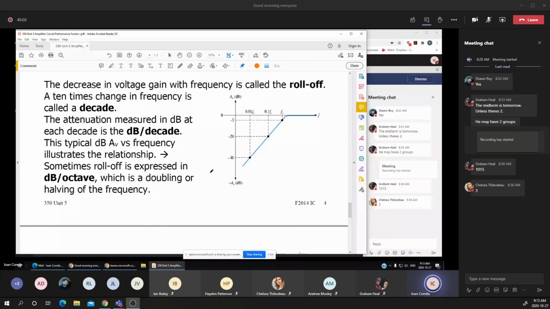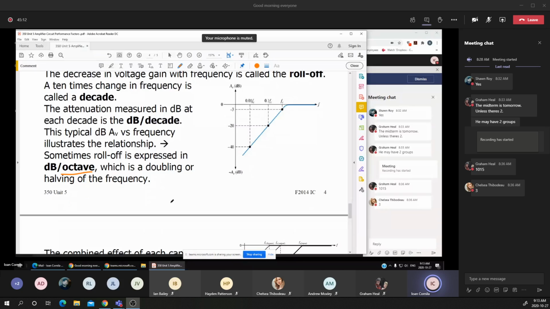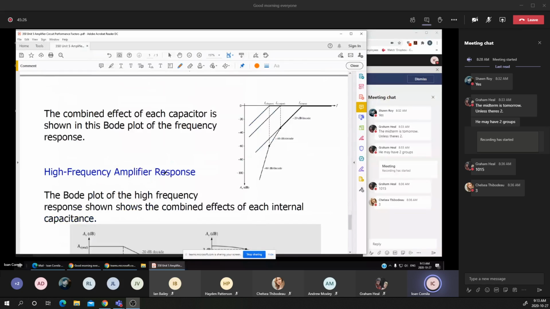Now, instead of a decade, we may see an octave, which is the frequency doubling or halving. We are not using it too much, but just in case you may see it as the frequency doubles, and that's the Bode